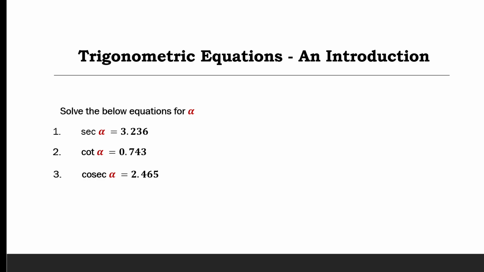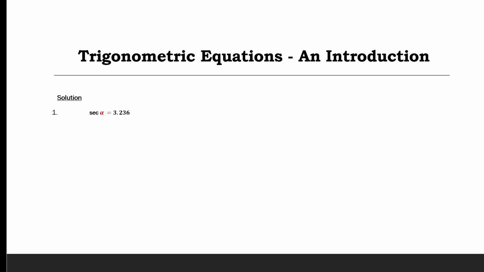can deal with these. Looking at example 1, sec alpha equals 3.236. Now, sec alpha, we have learned in the past that it is a reciprocal of the cos function or the cosine function. So as a result here, we can replace sec alpha with 1 over cos alpha. And that gives us 1 over cos alpha equals